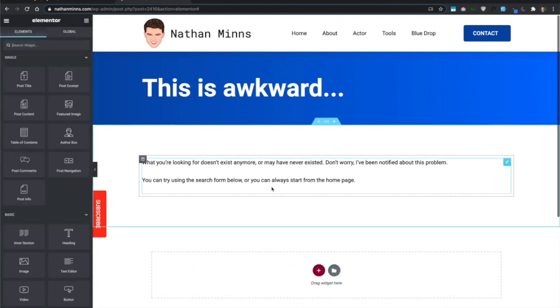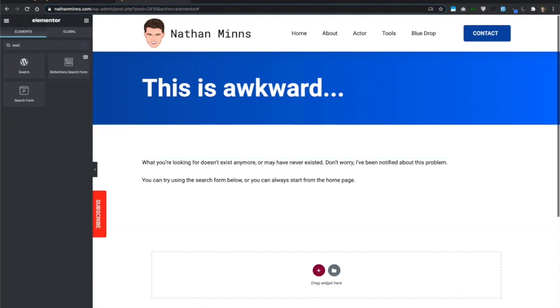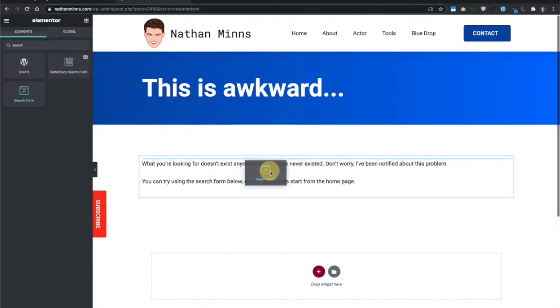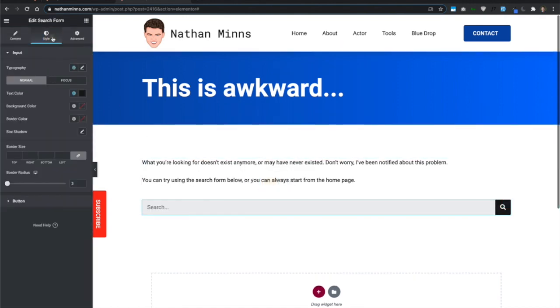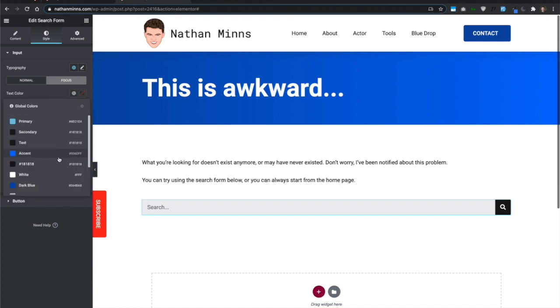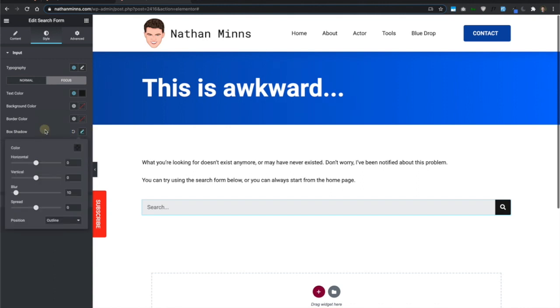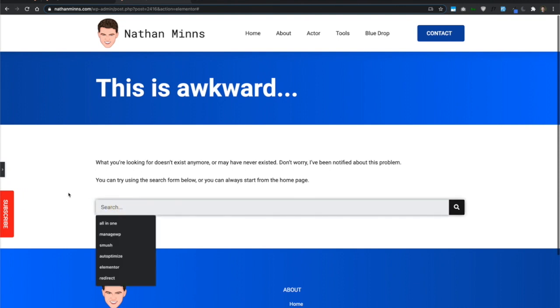And then we want them to be able to use the search form below because that's what I promised. So let's look for search form. We see that right here. I like the classic skin. Now let's go to style. I like the body text here along with this color. When it's focused, I like the text color to still be black. I want to add a little box shadow. So in focus, that is when a user clicks on it. So when I click on it, now we can see there's a little bit of a shadow there,